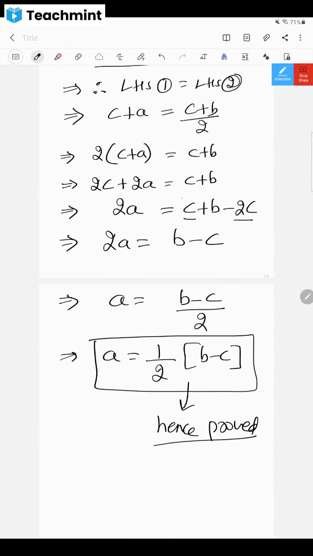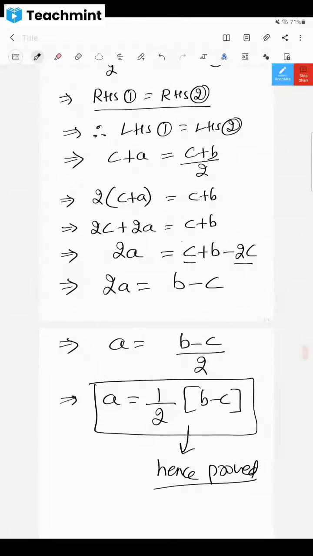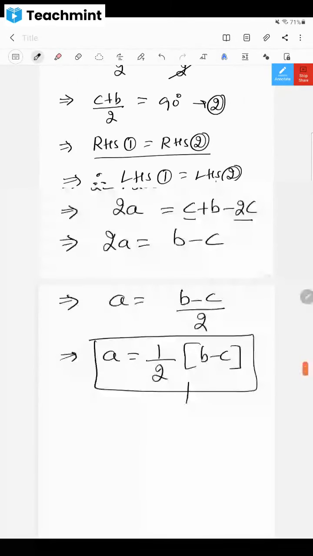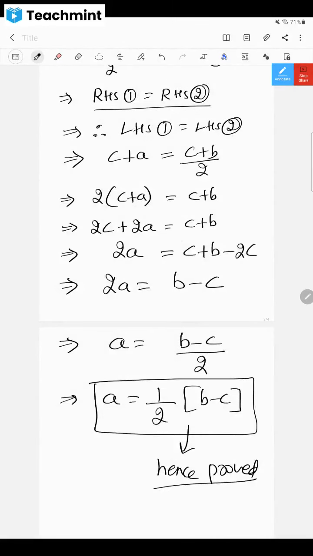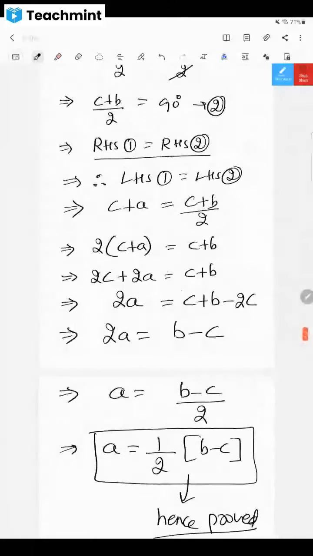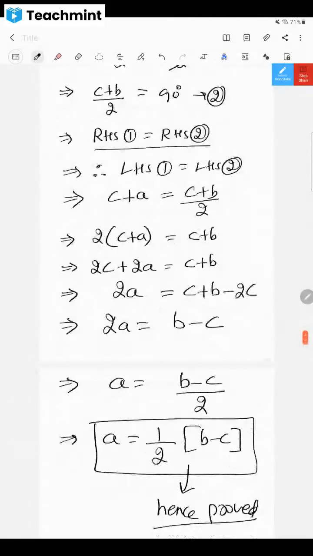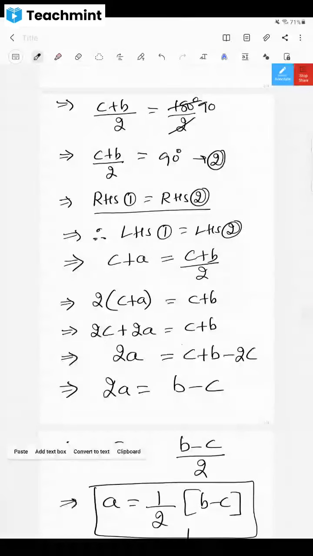Was this the target for us, dear children? That's it. Is it simple or difficult? You must be feeling it is difficult right now. You must be feeling like, what is this equation number 1, equation number 2, LHS, RHS, what's going on? But if you see it from the perspective of mathematics, definitely it becomes quite simple for you. Okay, dear children?